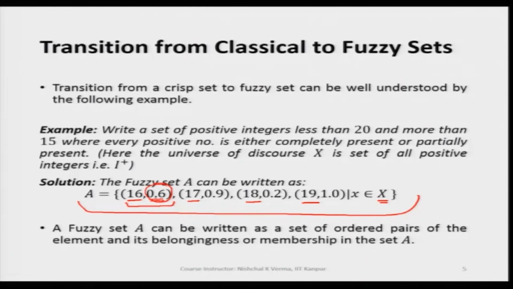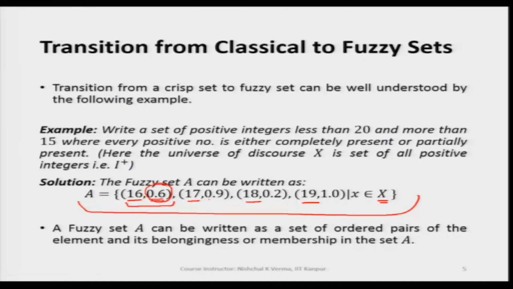So, 16 is with 0.6, 17 is with 0.9, 18 is with 0.2, 19 is with 1. So, if we see here, a fuzzy set is the ordered pair of all the elements, where the first element of the pair is the element, and the second element of the pair is the membership value. So, 16 comma 0.6